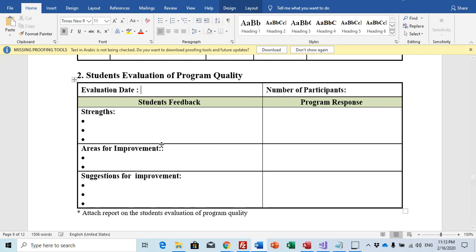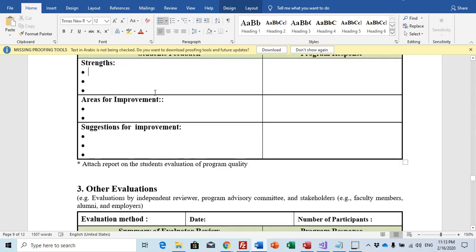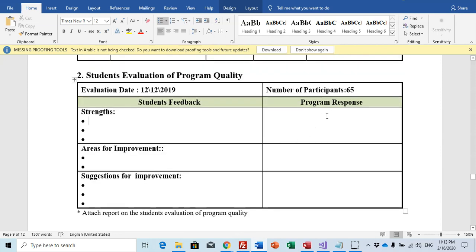For example, the evaluation date 12/12/2019, number of participants, for example, 65 students. This is from students' feedback. The strengths: anything about the program, because the program survey contains about 20 questions and feedback. Take the results of the questions and feedback and write them here, and then make a response. This is the response by the responsible person.